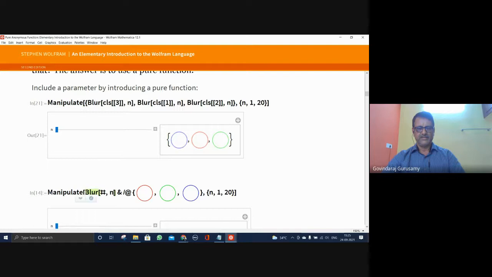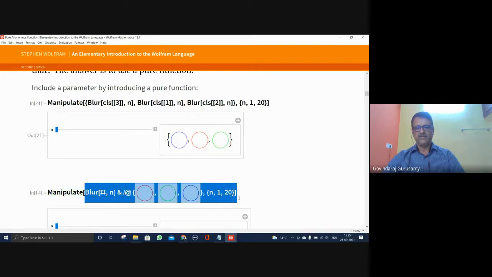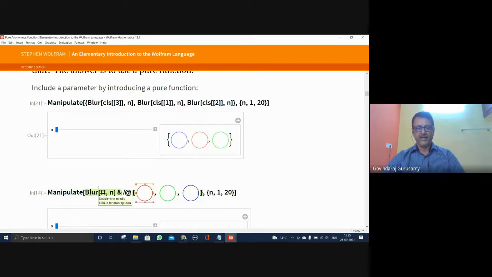So that is where this is going to be powerful. In fact, the whole of his Mathematica code is basically based on these pure functions. Many things that he has built are based on the pure function, which is why he is able to accommodate in a small space something like 6,000 different kinds of Mathematica statements or codes that are defined, and we are able to use them in a powerful manner.